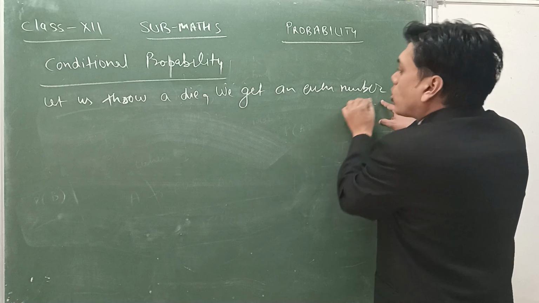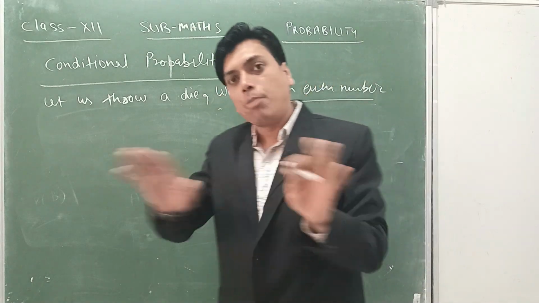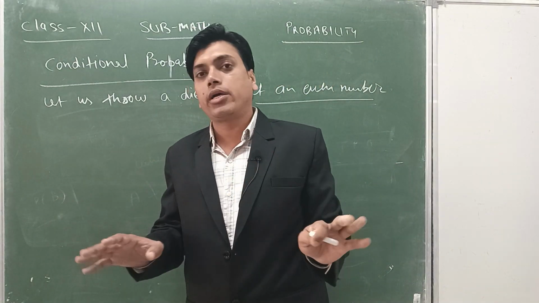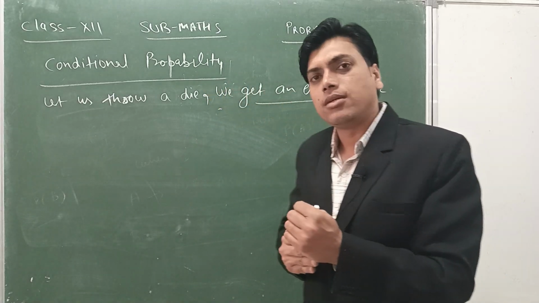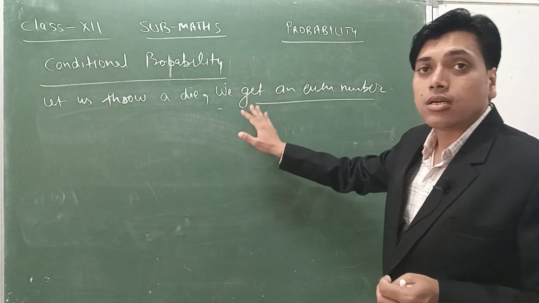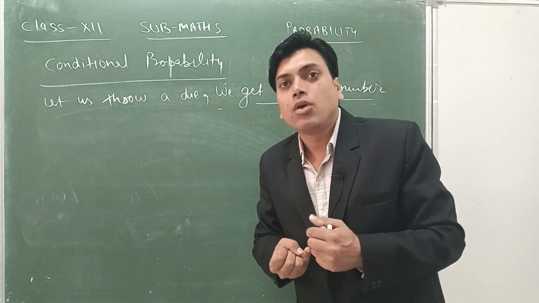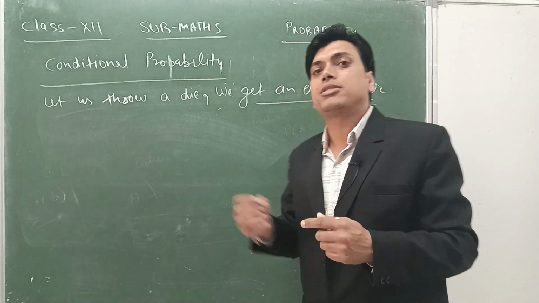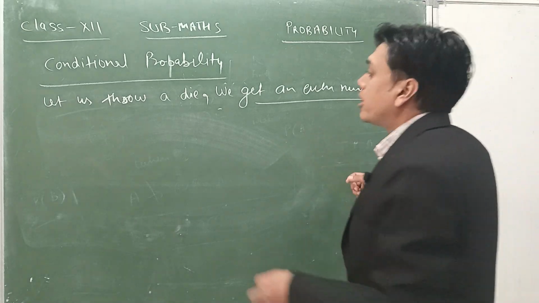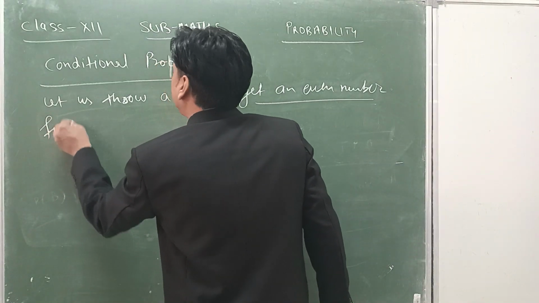It is known that this has been occurred, it means that has been completed. So this given word is there, it is known that it has occurred, it means it will be the denominator. Now find the probability